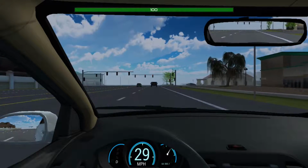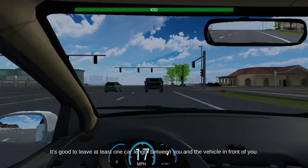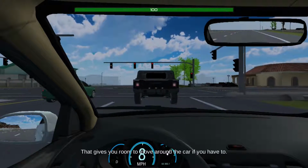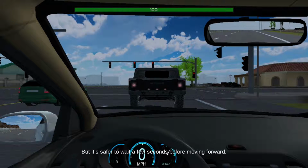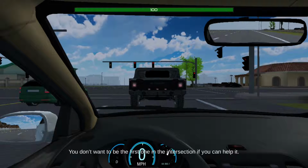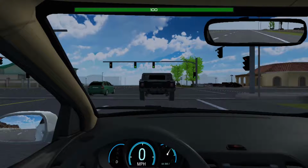And looks like we're coming up behind this gigantic Hummer. It's good to leave at least one car length between you and the vehicle in front of you. That gives you room to move around the car if you have to. When the light turns green, you may be ready to take off, but it's safer to wait a few seconds before moving forward. You don't want to be the first one in the intersection if you can help it, because all it takes is for someone to try and beat the light, and...